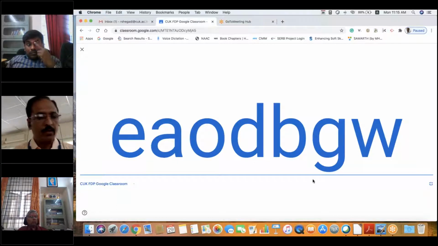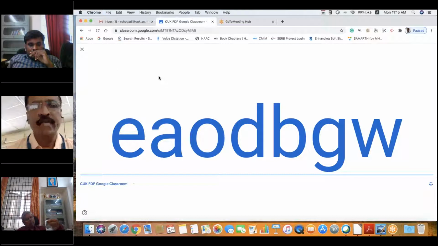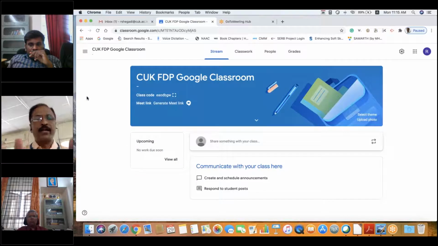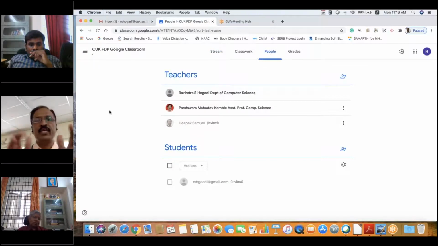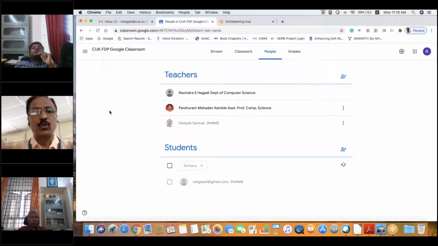When I act as a student, at that time I will show you how to take this code. Generally students will be very fast, you need not worry about that, but still I will show you how anybody can join a class as a student. Once this activity is over, you can see on the left side corner there is an X symbol. Close this, and you will come back to the class. So this is how we can add the people into the class. Only two things we can do with the people: we can add the teachers and we can add the students.